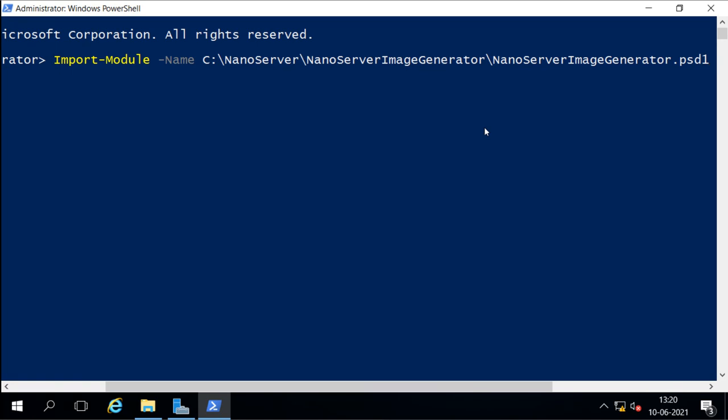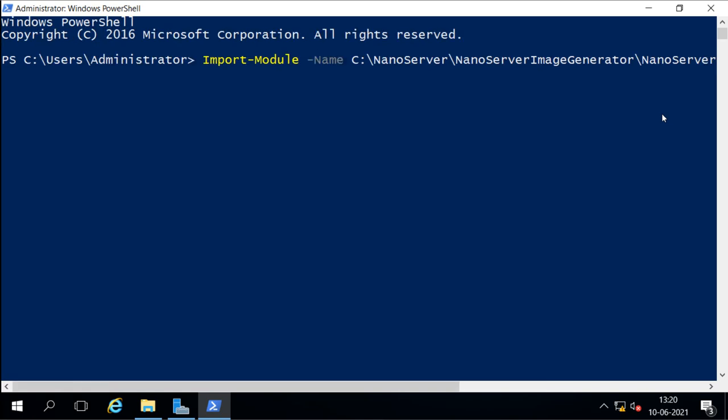Remember the extension is PowerShell module, PSM1. It is not PSD. This is the module file, and then I will press enter, and it has been imported. The module is imported here.